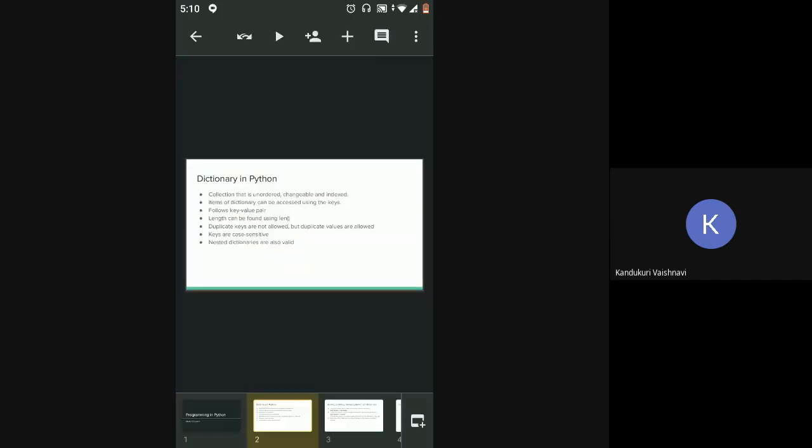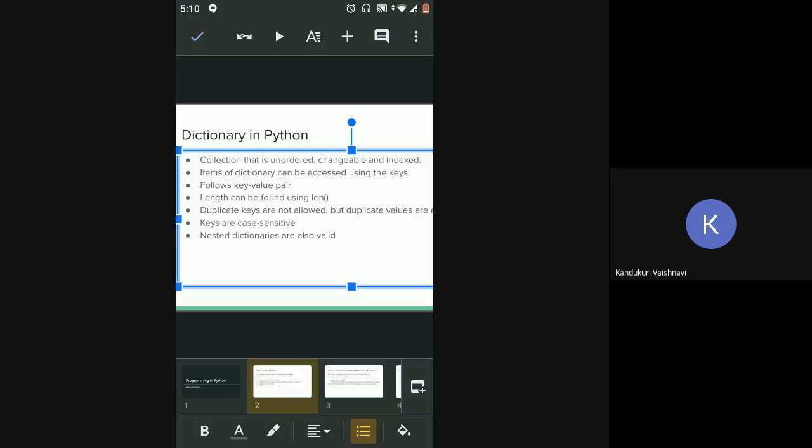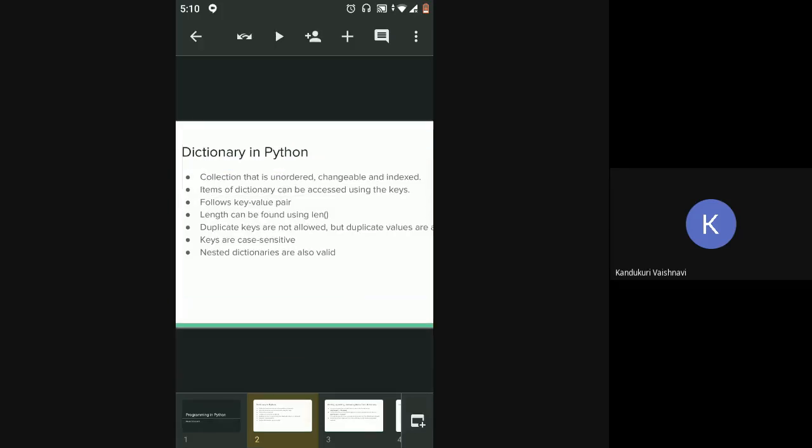At least from your part, you should never provide duplicate keys into a dictionary. Logically, if you have two key value pairs with the same key, like apple 40 and apple 20, it does not really make sense. You have only one value associated with one key, so only one cost associated with the apple. You should have a unique key and a value associated with it. Also, keys are case sensitive.